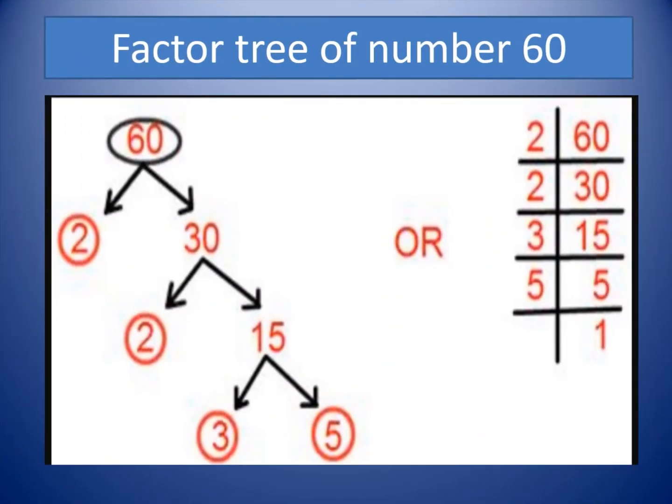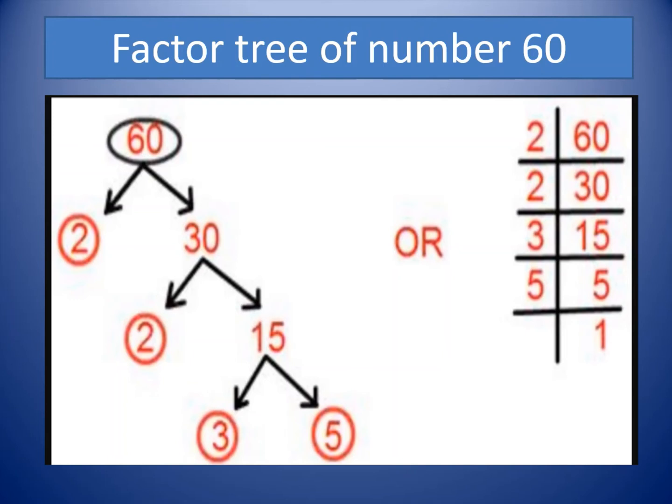Now in factors, the next question comes to make a factor tree. How to make a factor tree? The number given here is 60. You can see that there is a tree-like figure, 60 in a circle and downward to it are some numbers. So first of all, we need to find out the LCM method that is given on the right hand side. Okay, we shall divide 60 by 2. 2 3s are 6 and 0 is 0.